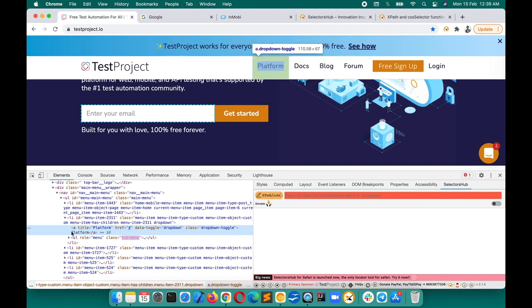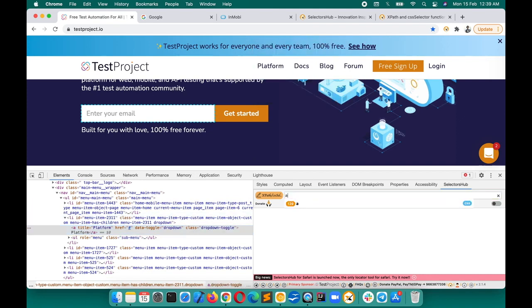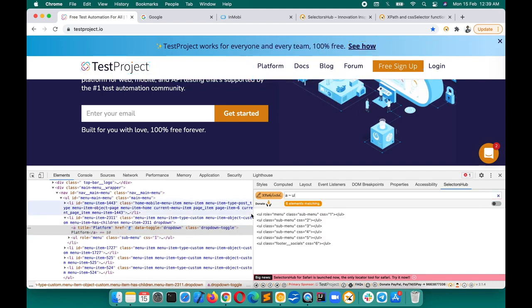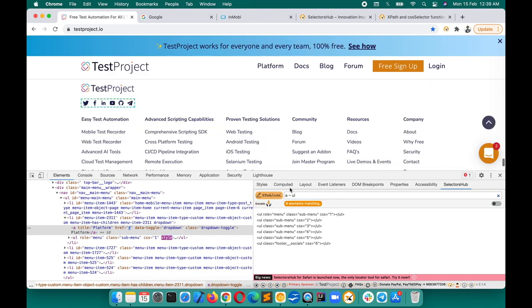So for an example, if we write a here, and now you want the sibling for this one, if you type this, it will show ul here. So here it is showing all those ul which are siblings of a. So these are all ul which have a as a preceding sibling. Okay,